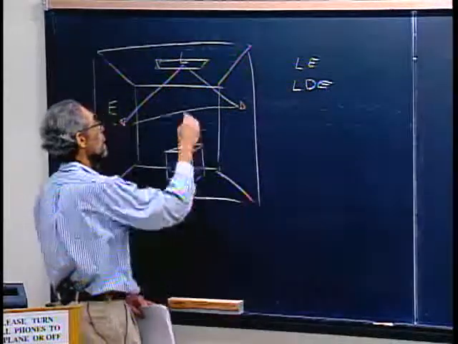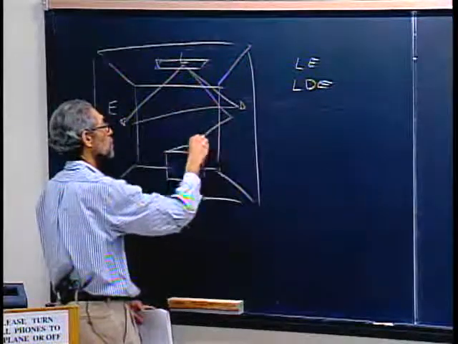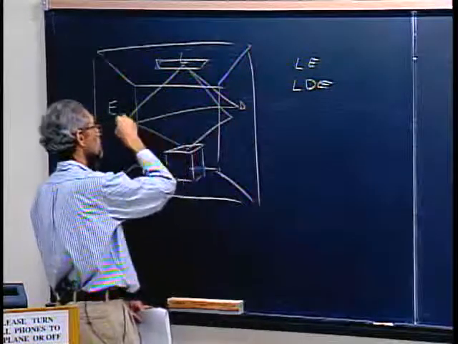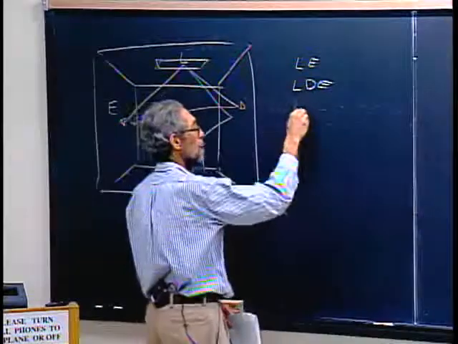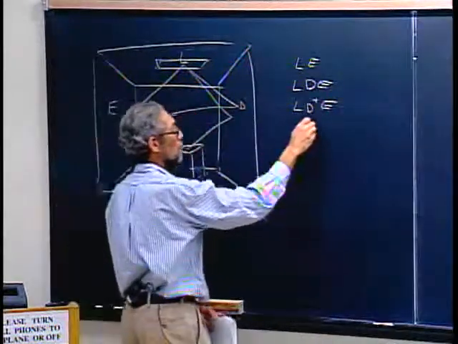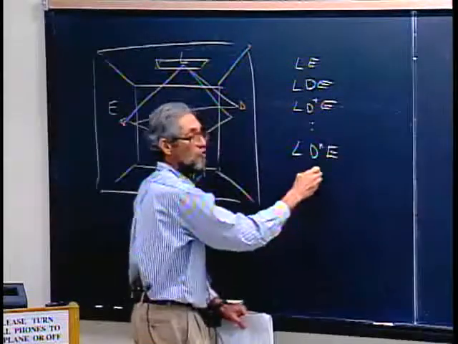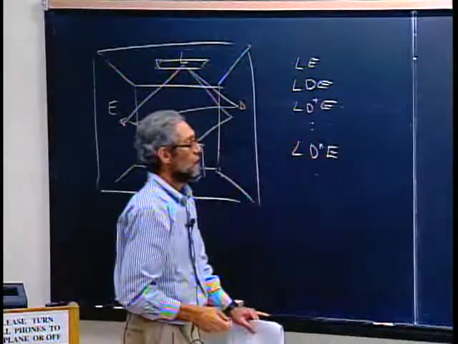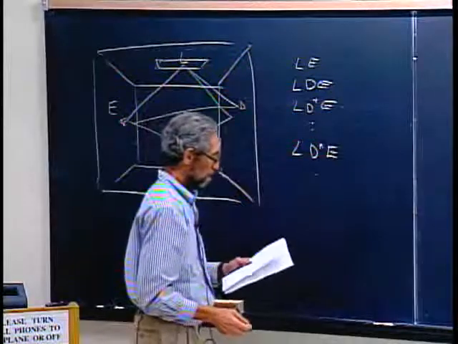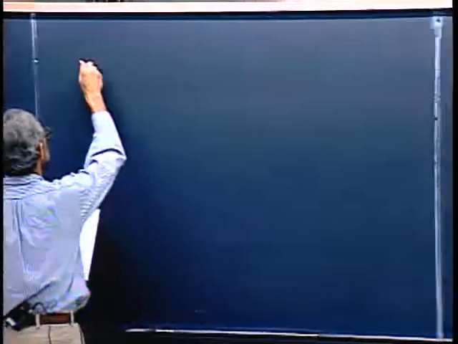Or we want paths that go from the light source, bounce off a diffuse surface, bounce off another diffuse surface, and go to the eye. And so forth, for any number of bounces. So the framework on page 132 says: